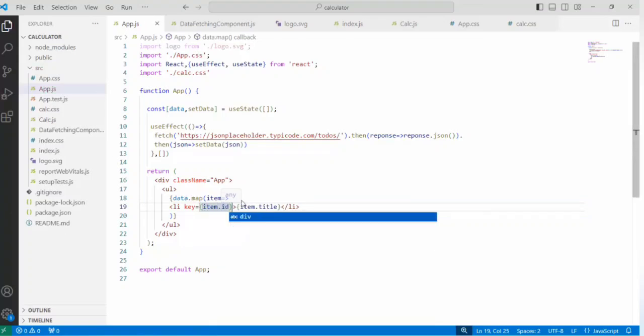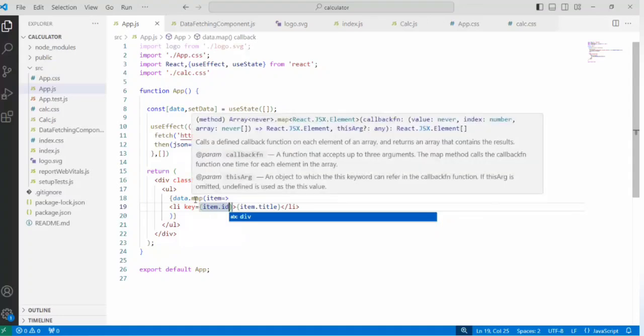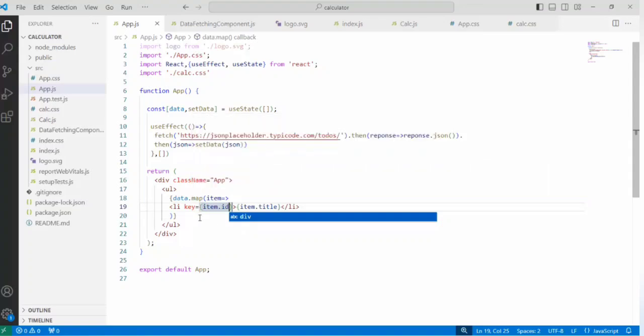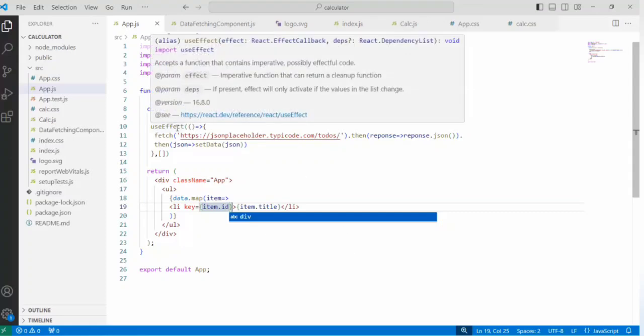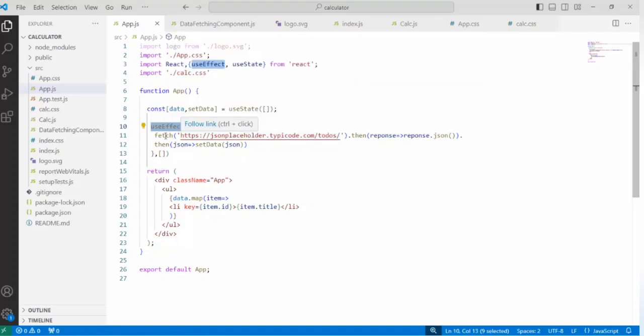It's actually very simple, guys. We are just looping through the data using a mapping function, looping each item in whatever array of data we got. The total concept is very simple. Here we have declared one useEffect React hook. In this one we declared a fetch. This fetch will accept only the http or https